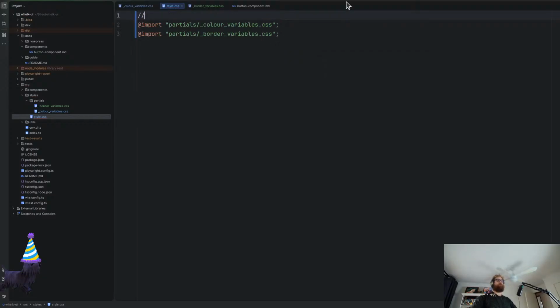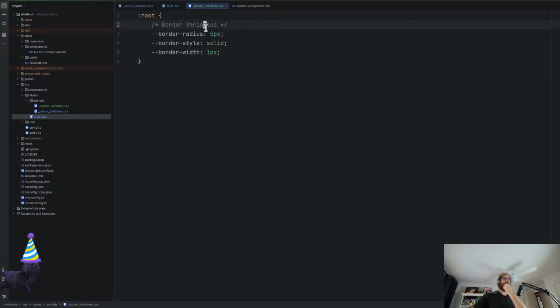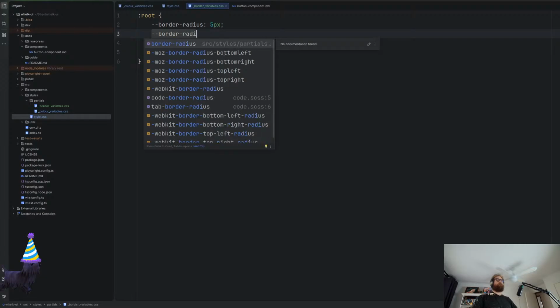All right, first. Import colors first. All right, cool. Secondary variables. Okay, cool. I'm just telling myself later on that I need to import the colors first because everything's in there. With the borders themselves, we'll have border radius, border style, border width, and then we'll have border